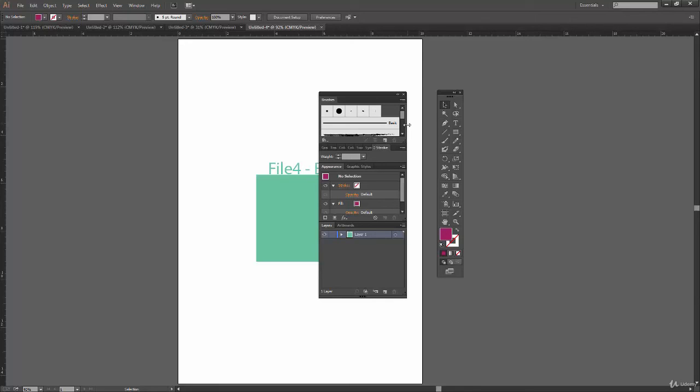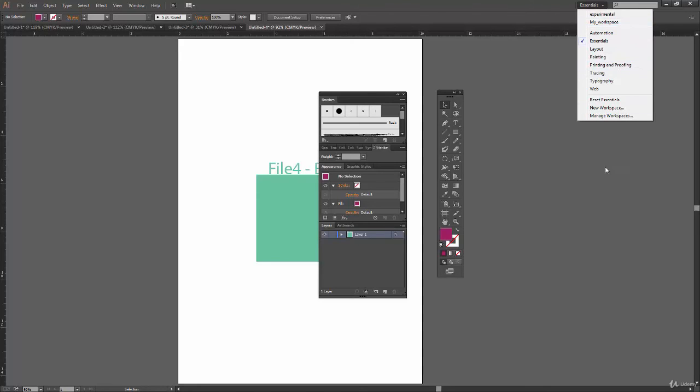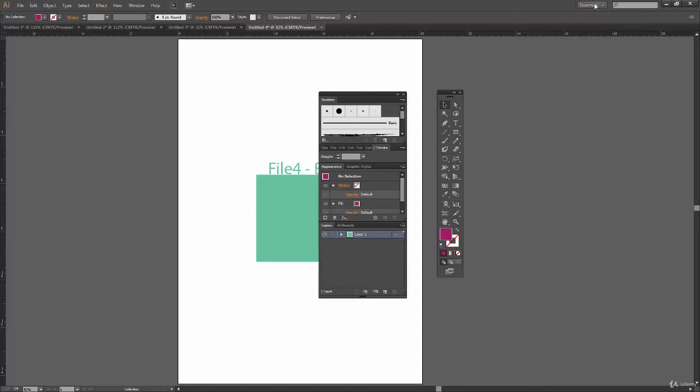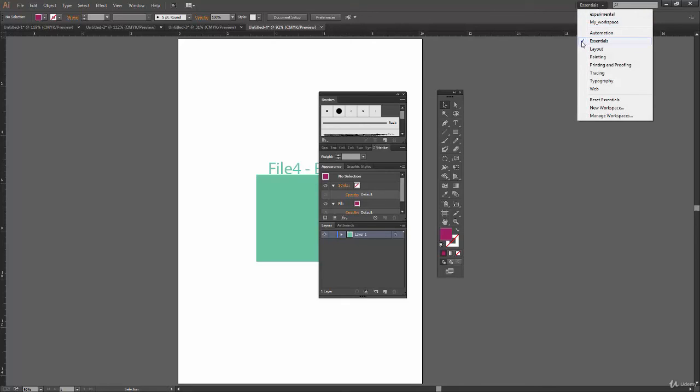Alright, so with the difference clear between workspace and interface, we can now see what if I want to create my own workspaces. So this is this button over here, like I said, it shows my current workspace and all. So right now it's showing a check mark in front of Essentials.